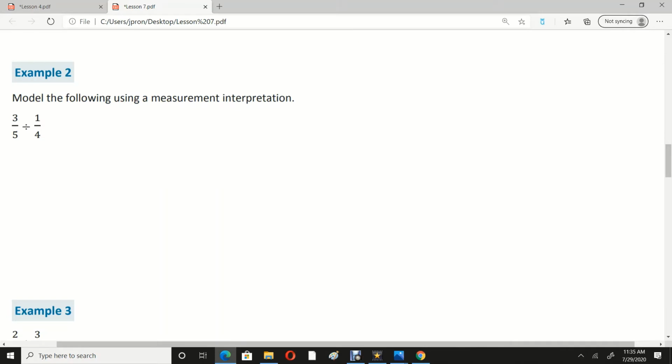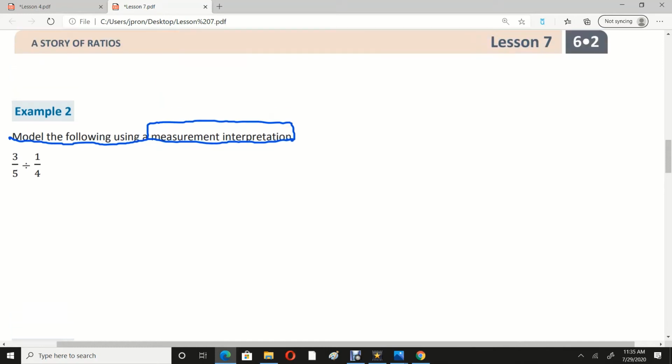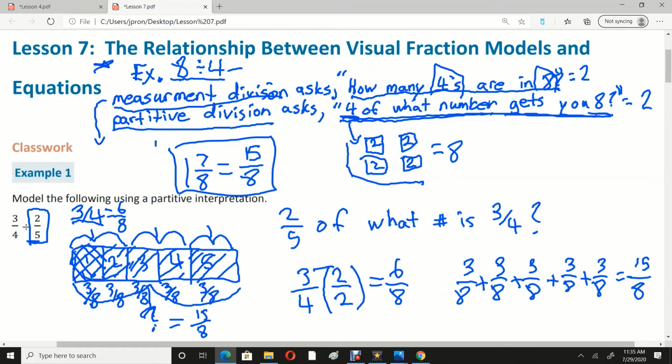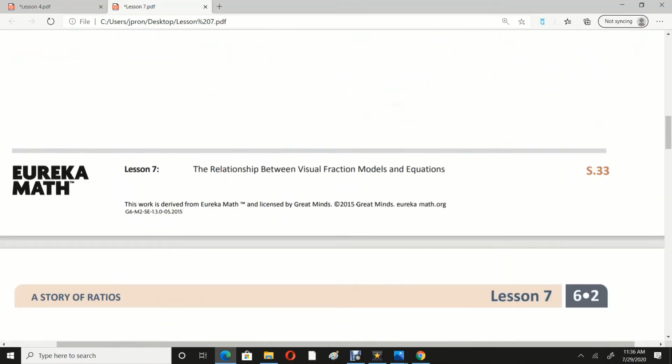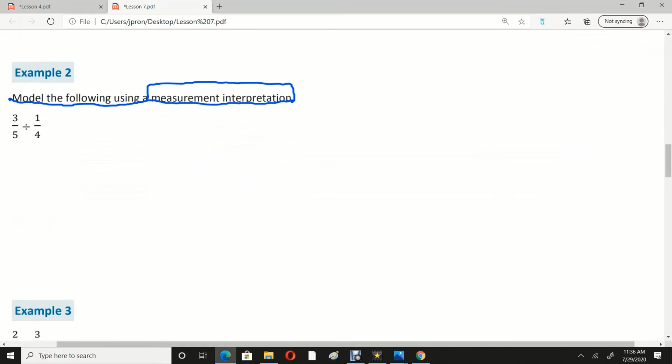All right, so I want to jump down to example 2. It asks us to model the following using measurement interpretation. Since we talked about measurement interpretation in lesson 4, and I gave you an example of it in the previous example, I just want to move through this one quickly. We want to model this one using a measurement interpretation. So again, let's come back up so we can take a look at my example. Measurement division asks us how many of the divisor are in the dividend. So here we have 3/5 and 1/4. So we want to know how many